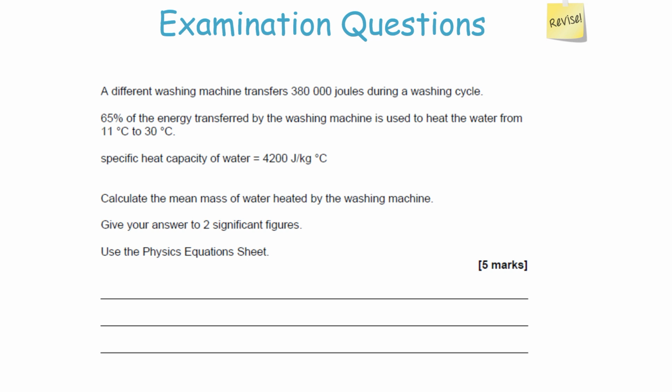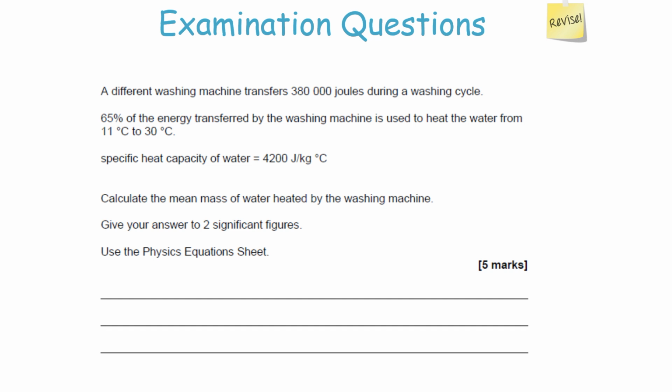Right, so because it's a 5-mark question, it's going to want you to do two different calculations. And the first calculation is that not 380,000 joules of energy will be used, rather that 65% of that will be used. So the first thing to do is to multiply 380,000 by 0.65, and that gets you 65% of the energy used to be 247,000